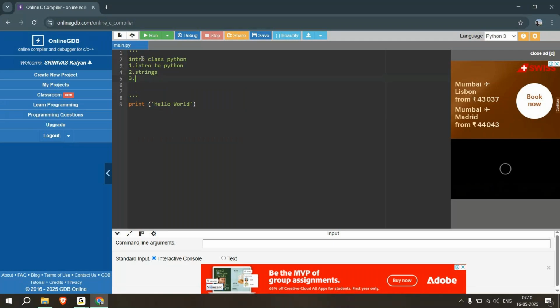Third, list. Fourth, tuples, sets, dictionaries,